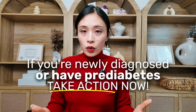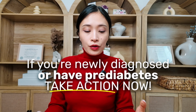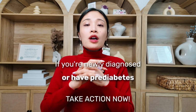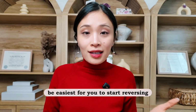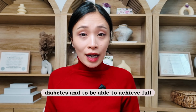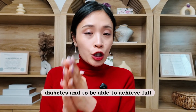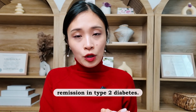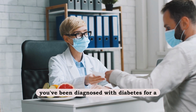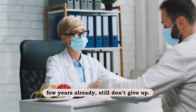Now, if you are newly diagnosed or if you have pre-diabetes, I would encourage you to take action now, because it is going to be easiest for you to start reversing insulin resistance, to start reversing diabetes, and to be able to achieve full remission in type 2 diabetes. And even if you are watching this and you've been diagnosed with diabetes for a few years already, still don't give up. Make sure you take action now,